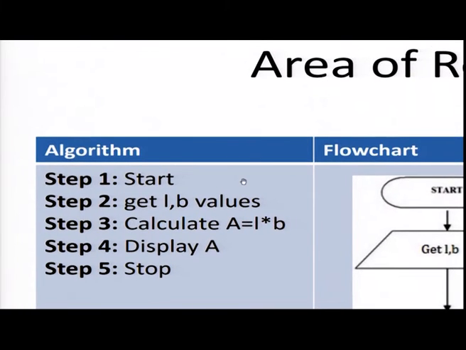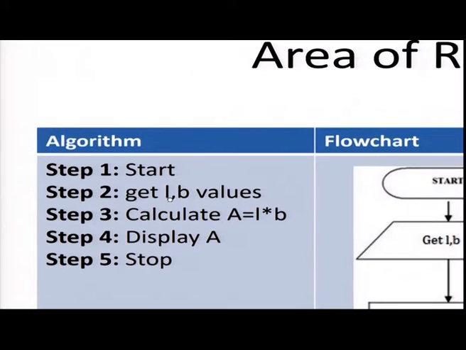So, how do you write the algorithm? As you are aware, the algorithms you write in terms of steps. The first step should have a start or begin. The last step should have a stop or end. So, here it is. In step number 1, you have start. In step number 2, you are supposed to get the values of length and breadth of a rectangle. Then only you can find out the area of a rectangle. So, you are getting the values of length and breadth,